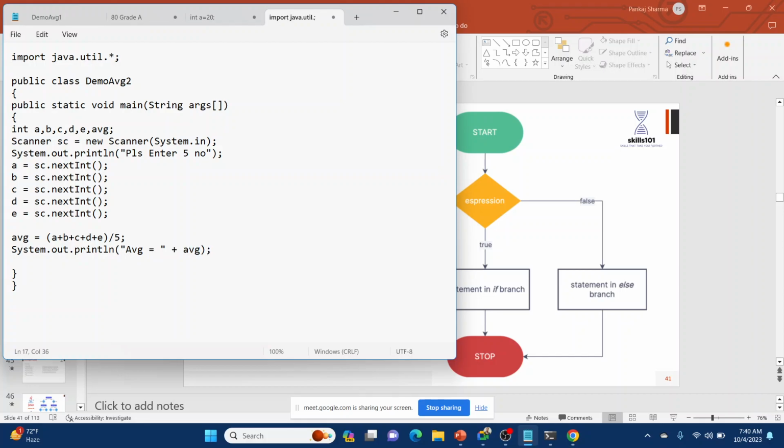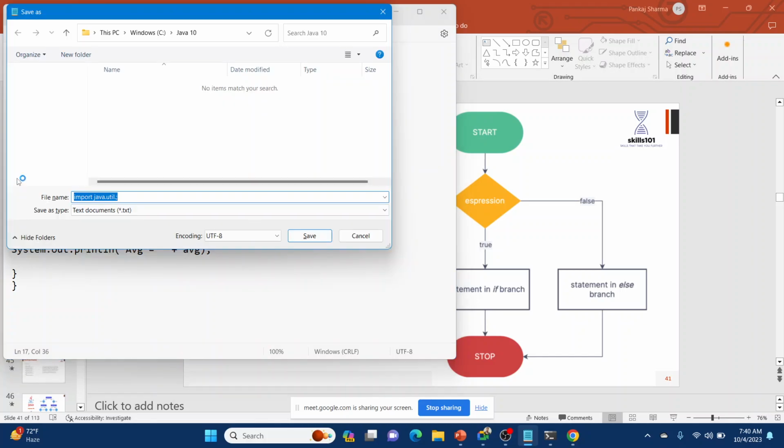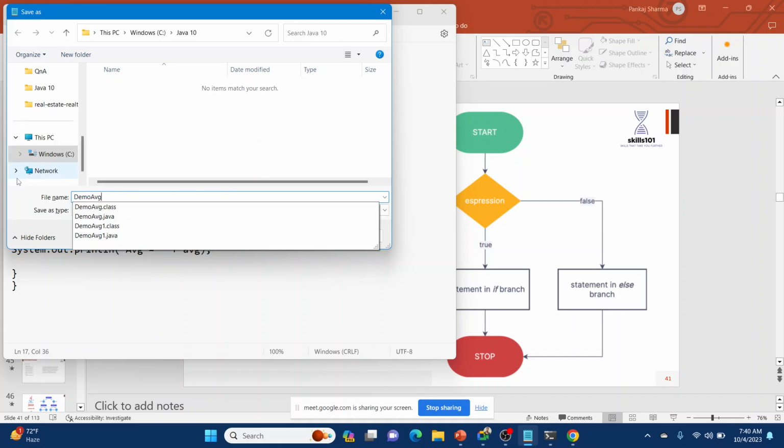Okay, I think there is no error right now. Hope so. So now we will try to compile it. First save it. So the class name is demo avg2.java. We will save it with that name.